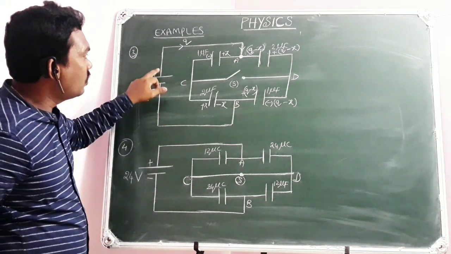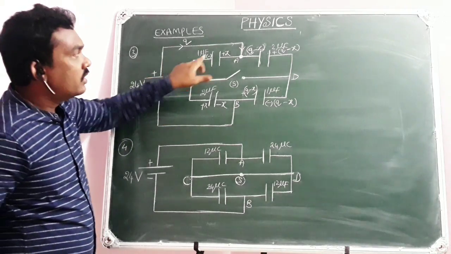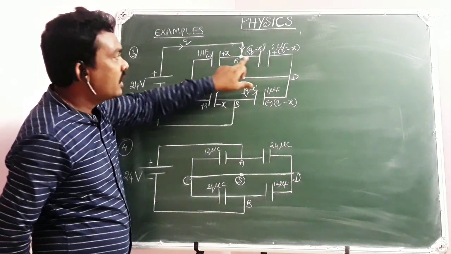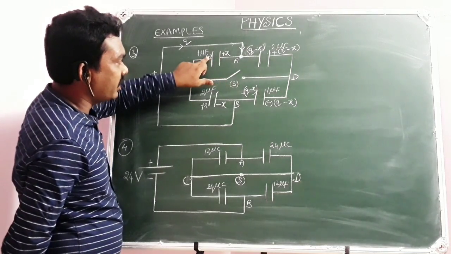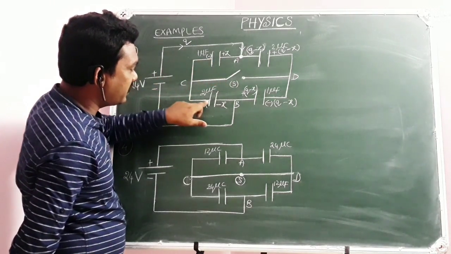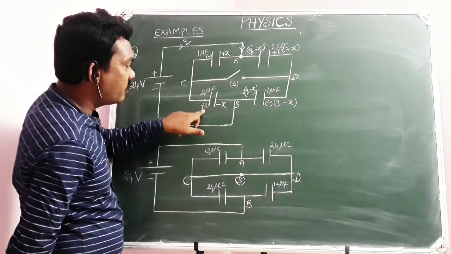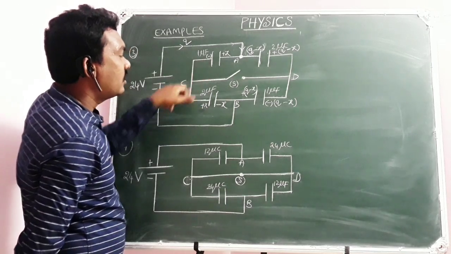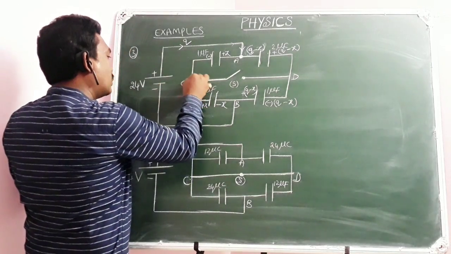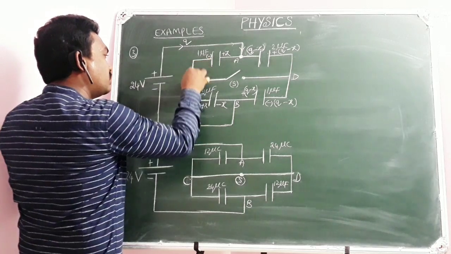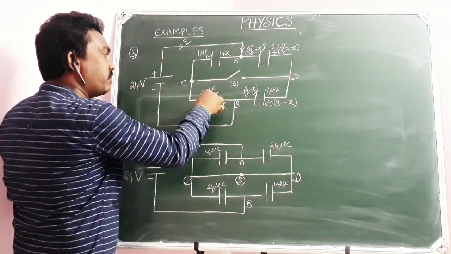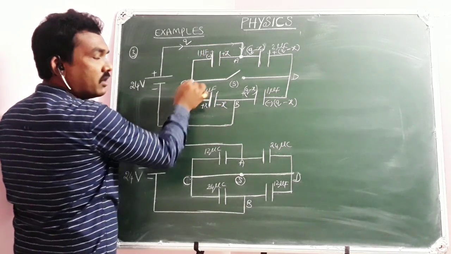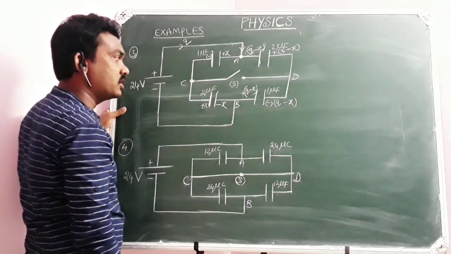In that way, there will be charges developing on the capacitors. I repeat, Q charge is drawn from the cell. Here Q is distributing as X and Q minus X. As this is positive X, this is a negative X. This is in contact with this plate, so here plus X will develop. The algebraic sum of the charges on isolated plates meeting at a junction will be 0. So when this is minus X, this must be plus X, so that these two plates meeting here have algebraic sum 0.